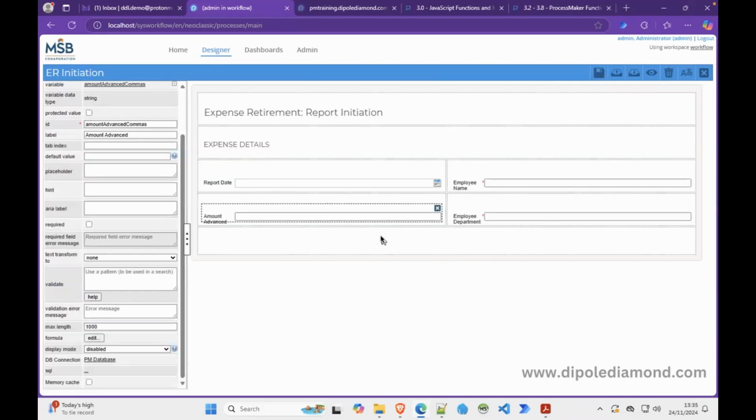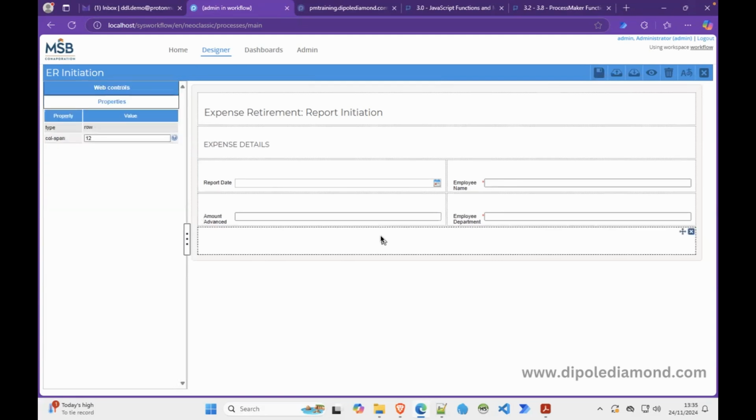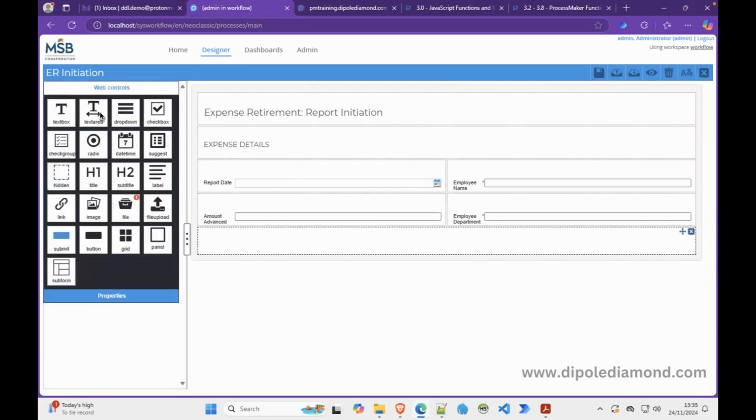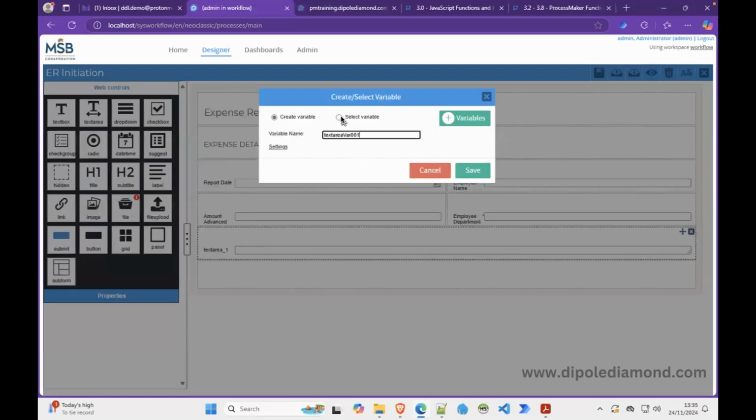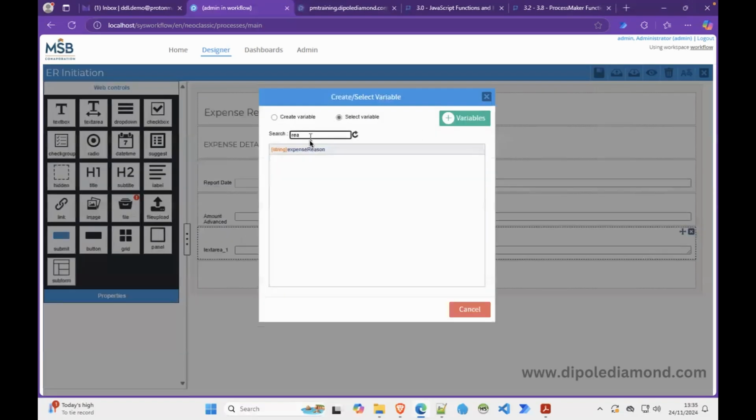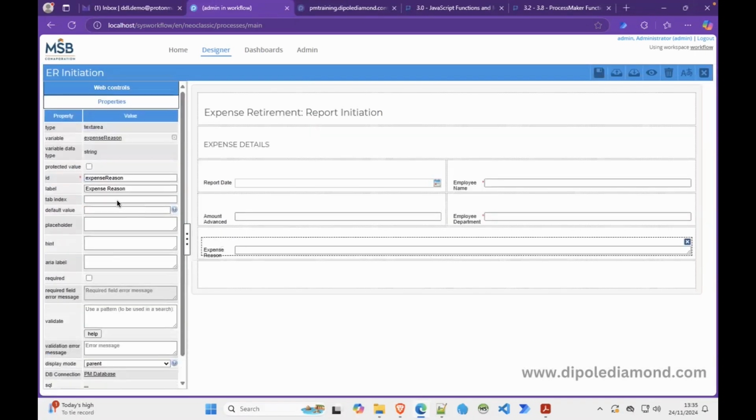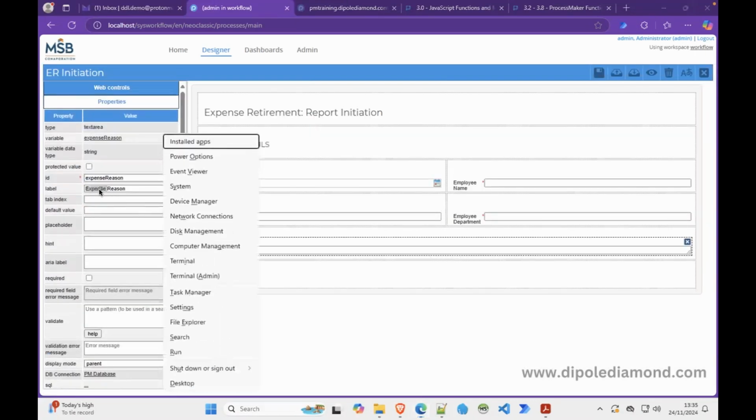Now, the next we want to do, again, whether it's an expense report that is a continuation of a cash advance requisition request, or an expense report that is a fresh request on its own, meaning the employee spent his own money, and so he wants a reimbursement, the person using this will need to populate a reason for the expense, like we had for our cash advance requisition leg. So we need to drag in a text area here. And remember, we already had expense reason. So we select that. We can change the label